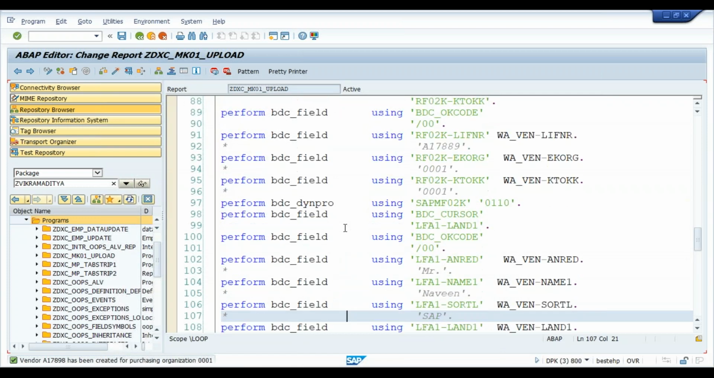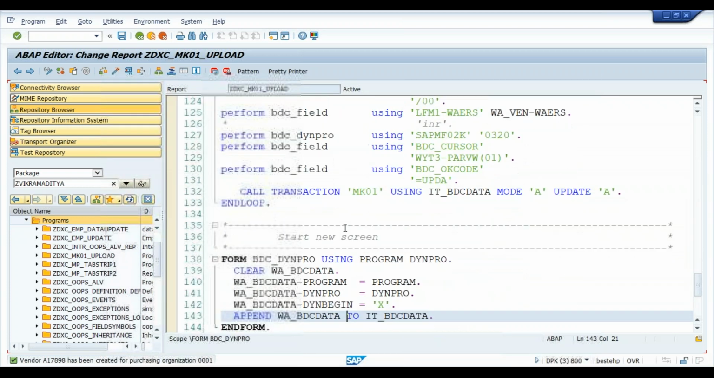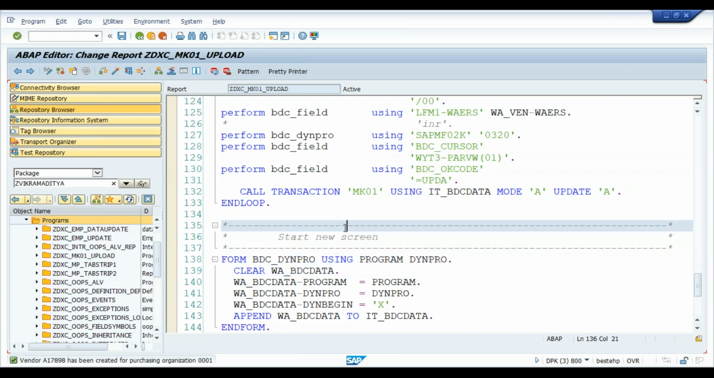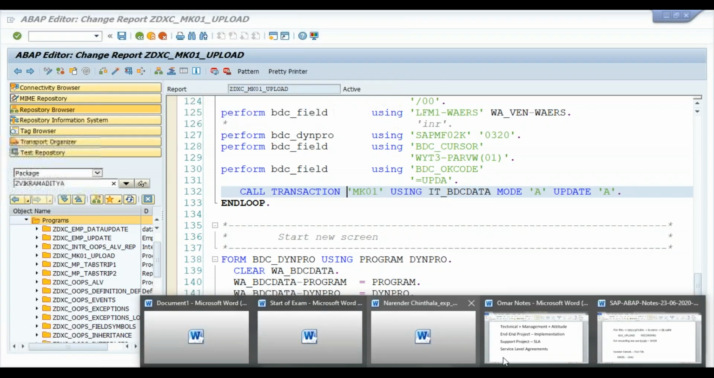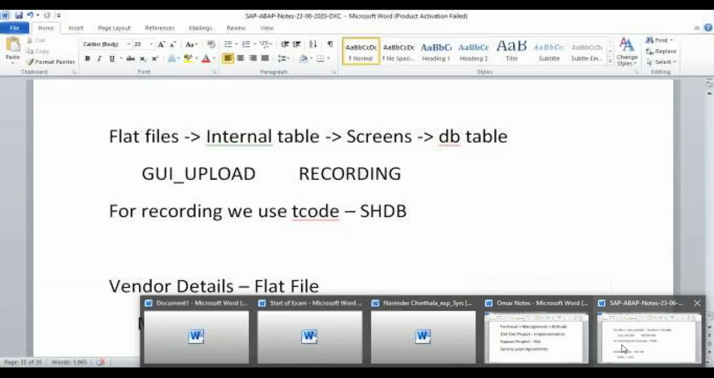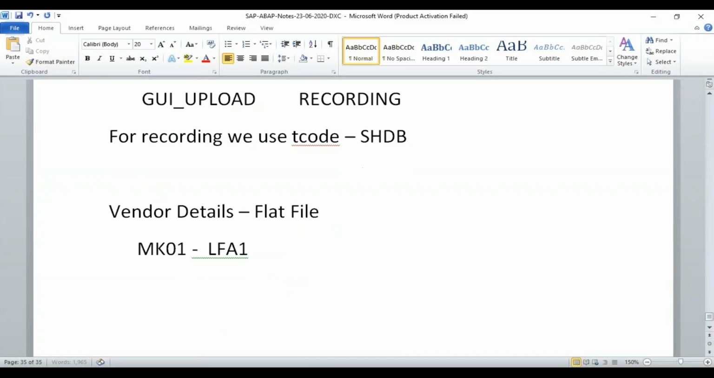Now here, if we see this call transaction MK0, we'll have mode A, update A. So what are the different modes that we have here? There will be three types of modes. Modes: A, all screen display,